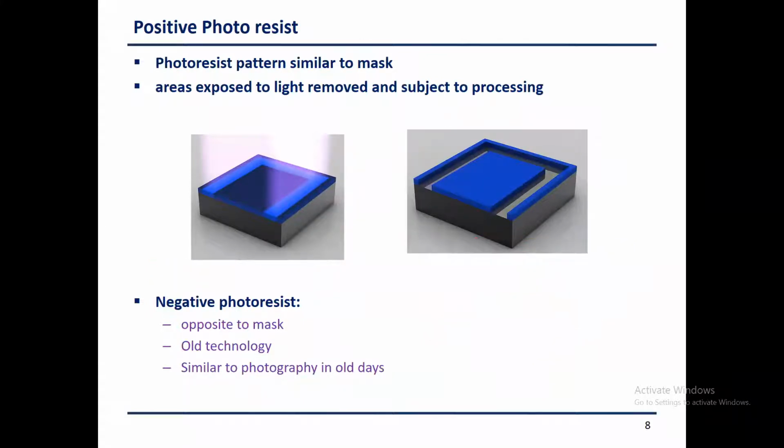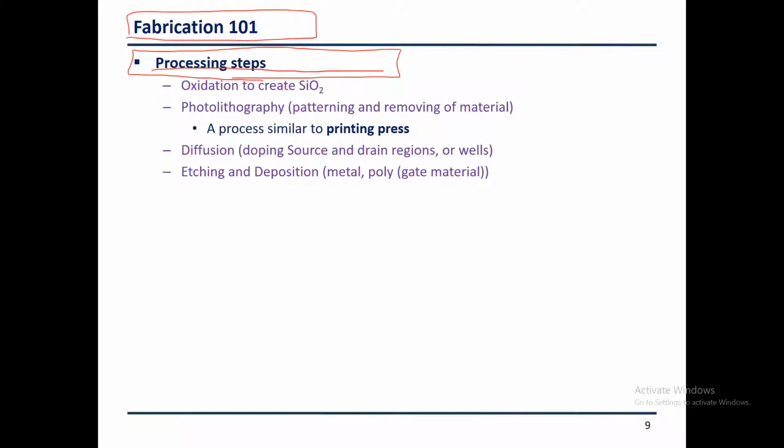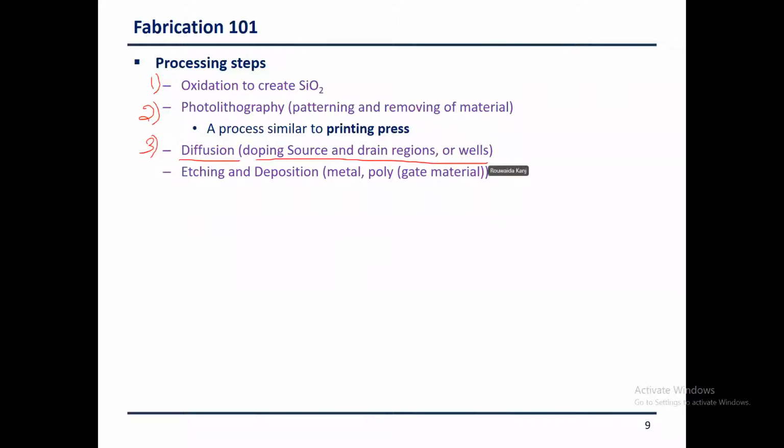And the type of the photoresist that we use, we called it last time the positive because it is similar to the mask. And wherever I want to do a pattern, I shine the light. So it's a positive image, it reflects the image itself. Great. But now lithography as processing steps has these steps. First we do oxidation, then we apply the mask. Once we apply the mask and remove the sensitive areas that were exposed, we either apply diffusion, which is putting material like the source or drain, meaning add ions, okay, or we do etching and we deposit metal layers or